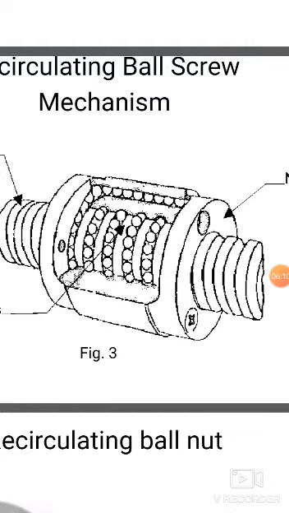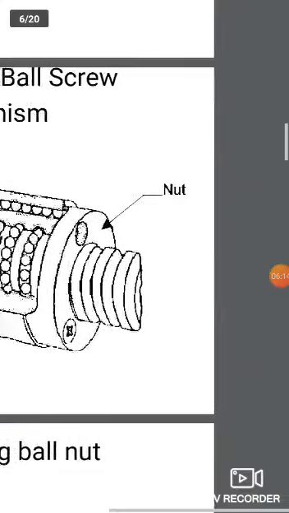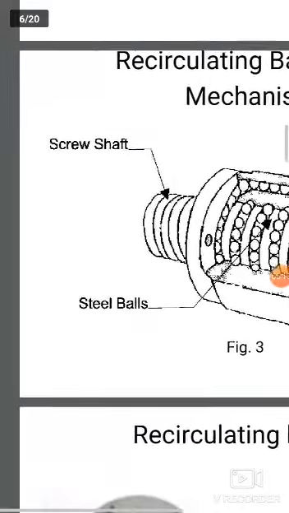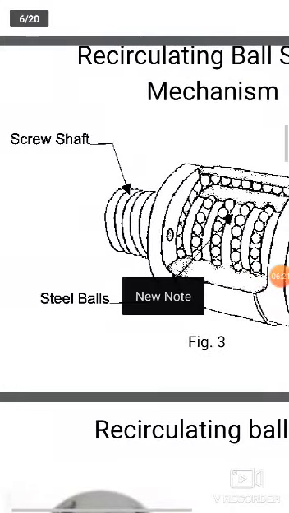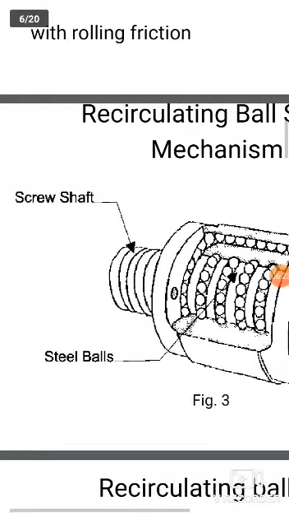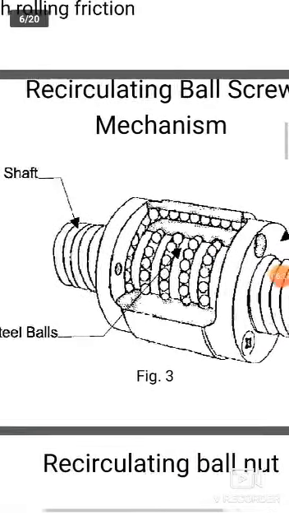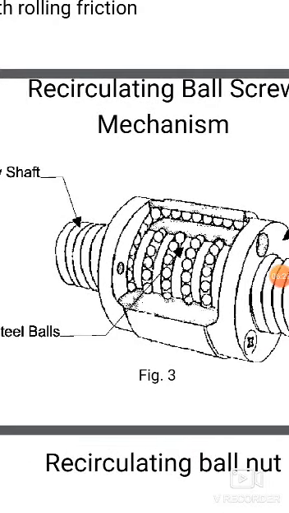So the circular channels mean that they are nothing but circular threads. These are the circular threads to tighten the nut. Here is the nut and these are the steel balls. This is the screw shaft. This is the shaft. This end is the nut, and here we tighten, and the ball bearings will rotate roundly in the threadings. So these are recirculating ball bearings.